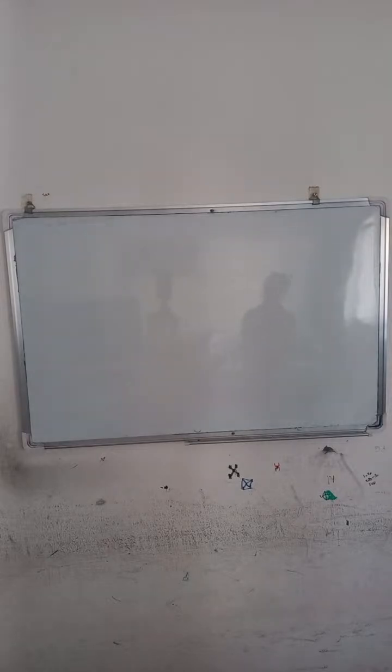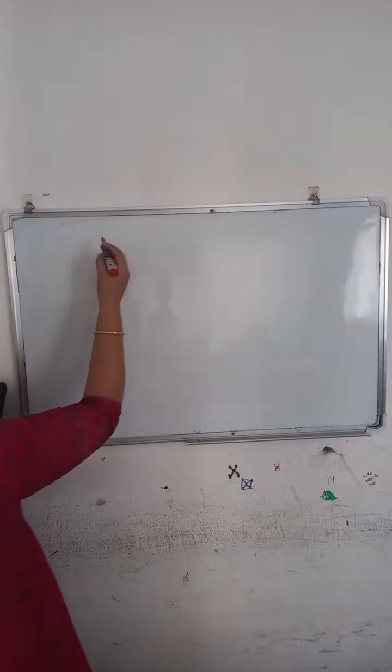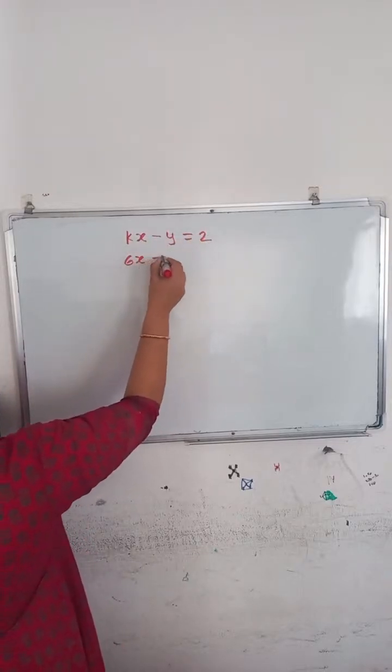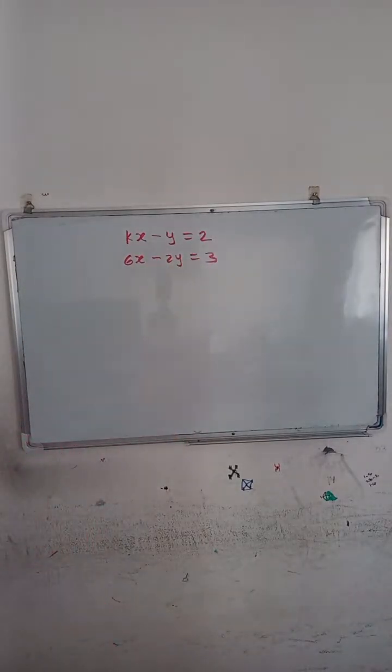The value of k for which the system of equations kx minus y is equal to 2 and 6x minus 2y is equal to 3 has a unique solution is